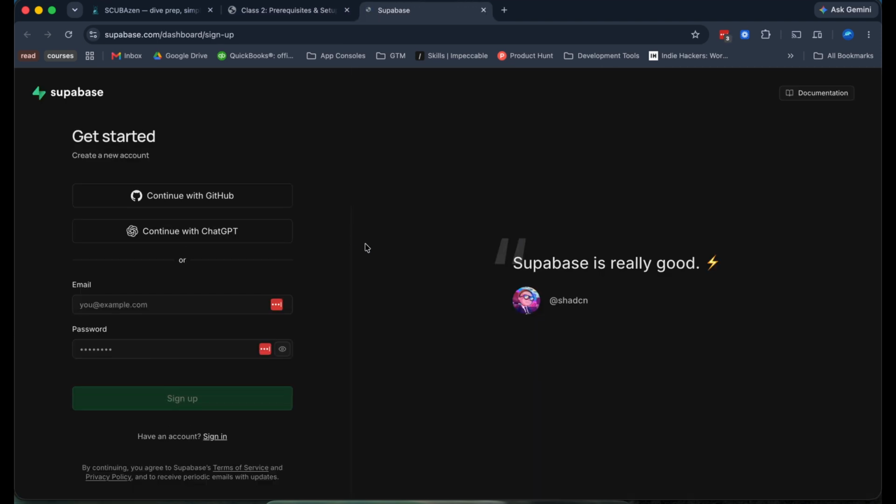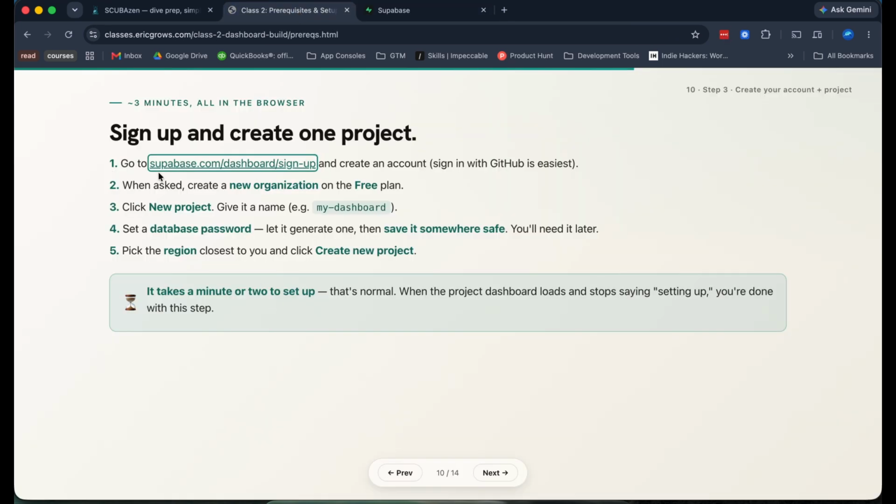So you'll go to Supabase here and you will get started with GitHub. I already have an account, so I'm just going to sign in and come back to this. But here are the directions: new organization, new project, set a password or let it generate one, but make sure you keep it safe. Use a password manager, highly recommend that. Use two-factor authentication. This is going to have your company data in it, so you want it to be secure. Ask Claude how to do that if you don't already know. And then pick a region that's closest to you.